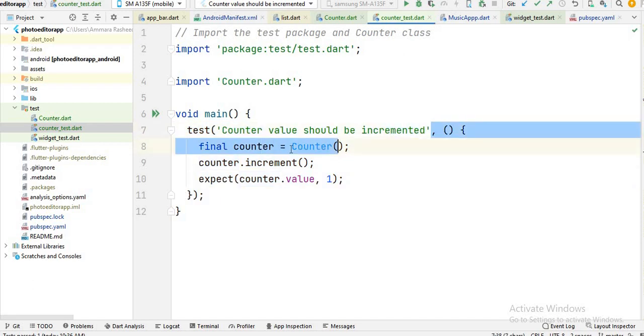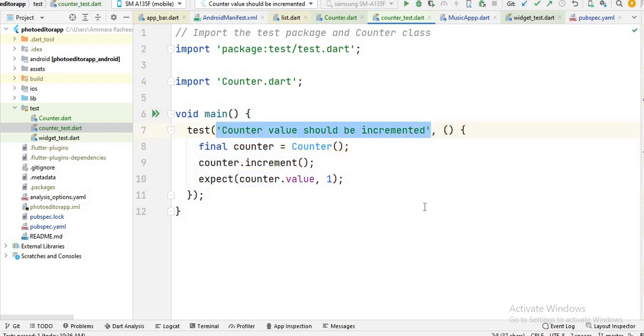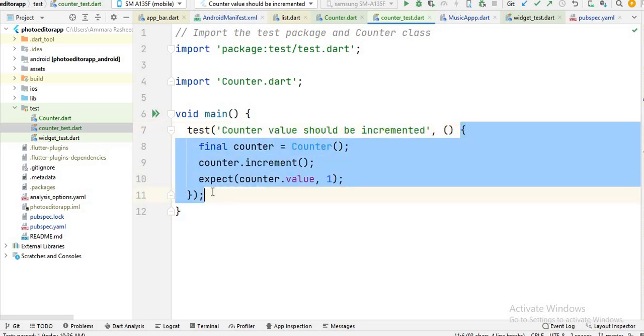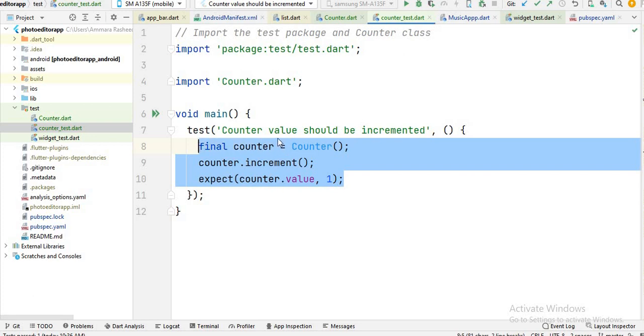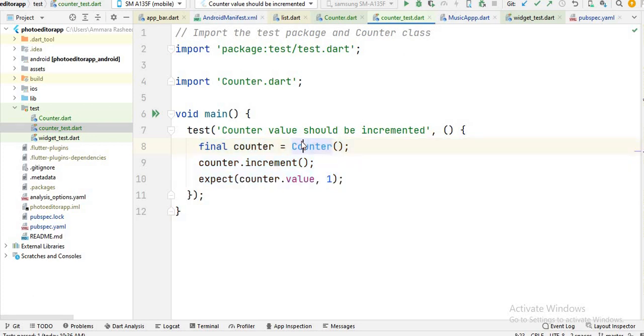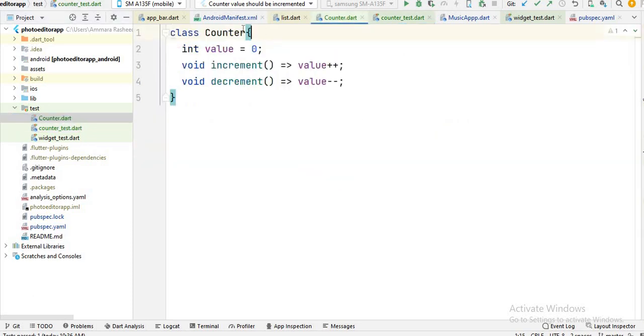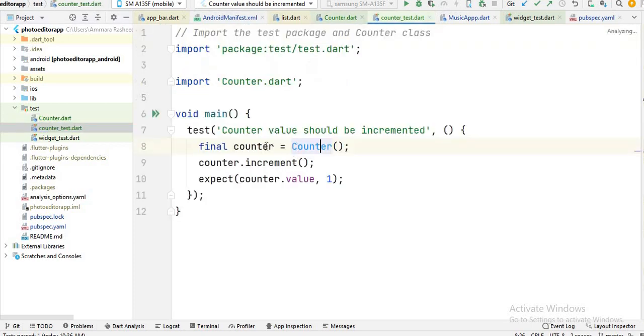Here you can write any string value, then you write these two brackets, the opening brackets, and inside you write some commands. First of all, we initialize this counter class. This is the counter class. We initialize the object of this counter class and store the object inside this counter, and then you will see I call this increment function